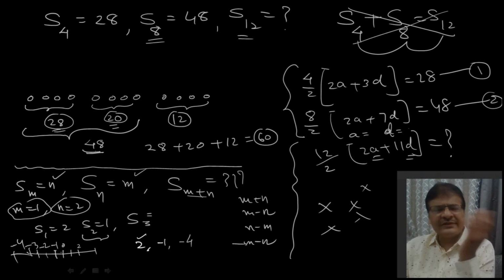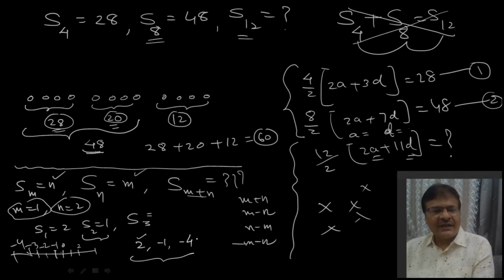So no need to do all these things. You can understand. You are mature guys. So these three terms are there whose sum is minus 4 plus minus 1, minus 5, plus 2, so I am getting minus 3. Is that clear?